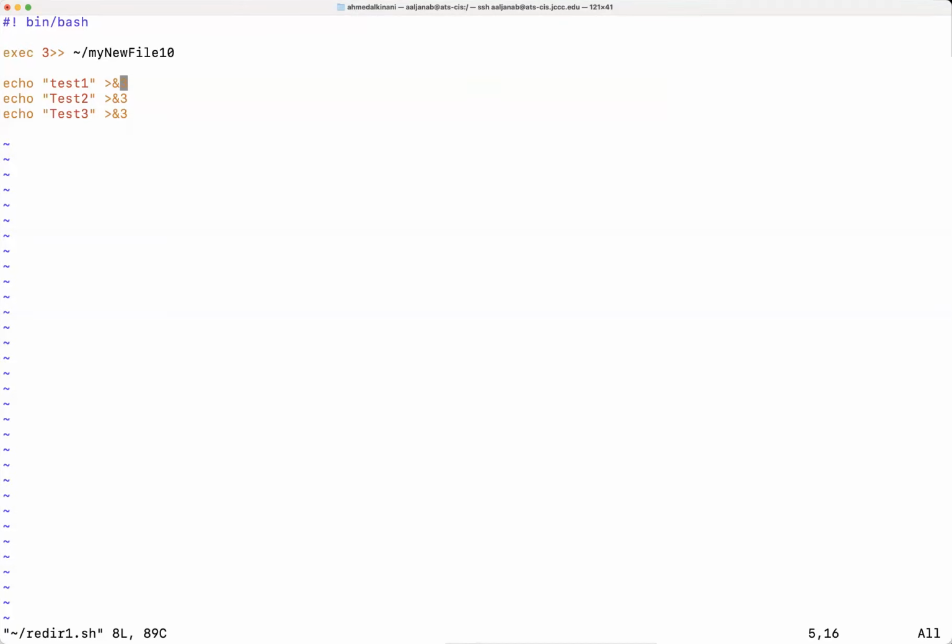The question is, what if I want to go back to the standard output? Instead of sending them to a file, I want them to be sent to standard output. How do we achieve that? Again, it's not going to be a big problem. It's very simple.